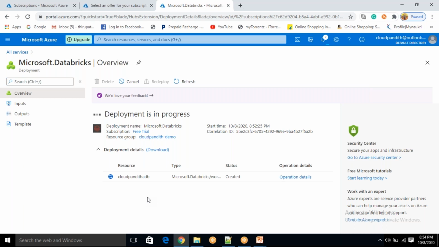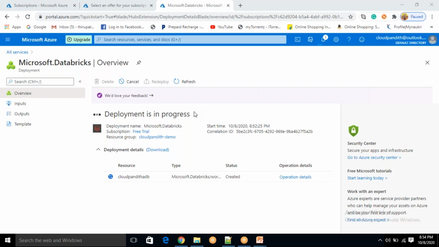It depends on where your data is and where the customer wants to do processing. Yeah, if you want to select a VNet, we have seen one option, right? So in that VNet, you are able to select it. But as I have not selected, it will launch it in a default VNet.